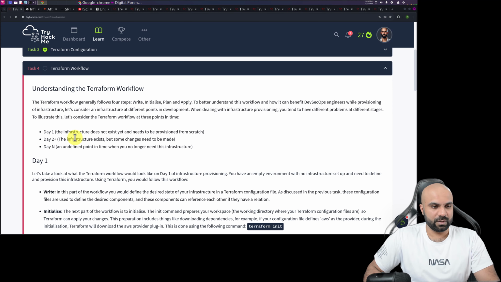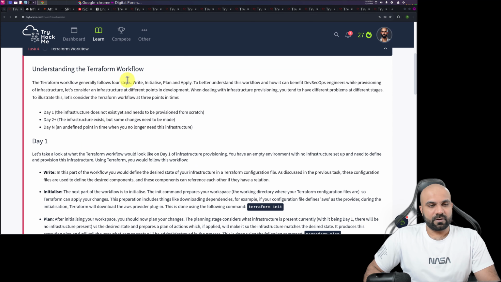Task 4 is Terraform workflow. Understanding the Terraform workflow generally follows 4 steps: write, initialize, plan, and apply. Well, should plan first and then write, initialize, and apply. What do you say, guys? Okay, we'll continue. To better understand this workflow, how it can benefit DevSecOps engineers while provisioning infrastructure, let's consider